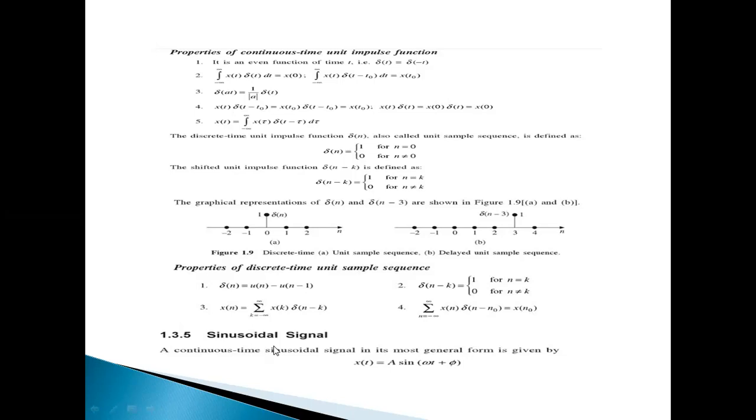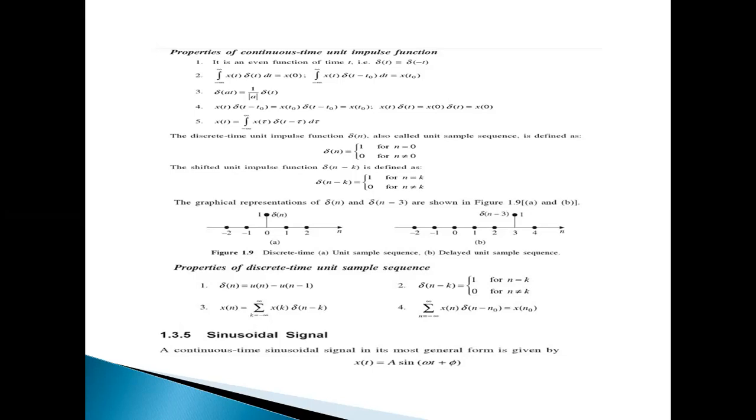Next, the fifth one, the sinusoidal signal. We know the sinusoidal signal and the cosine signal. The sinusoidal signal is an example of an odd function, and the cosine function is an example of an even function. A continuous time sinusoidal signal in its most general form is given as,